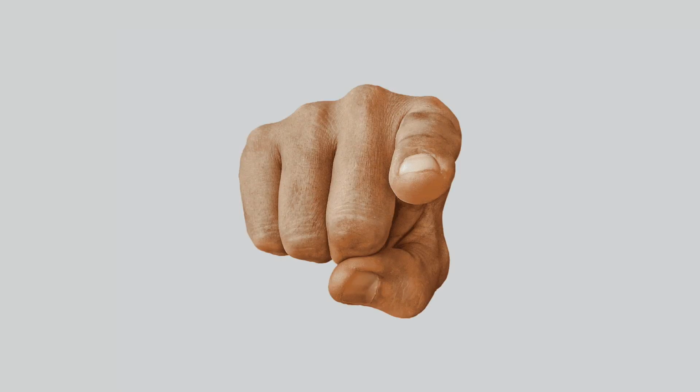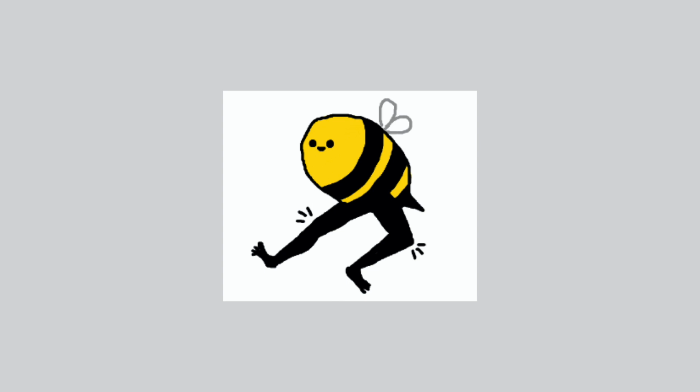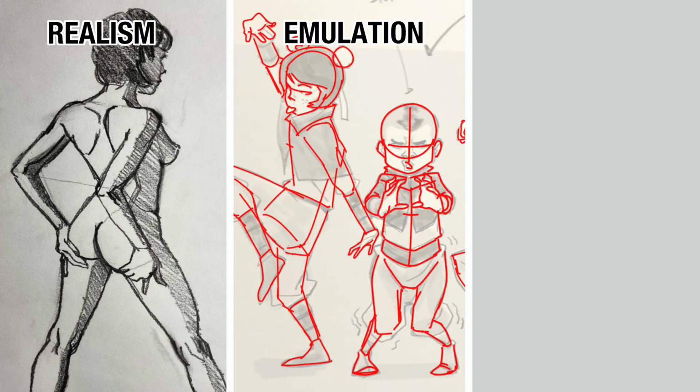But what if I told you that you too can develop your own cohesive style in just 3 steps? Why, that would be the bee's knees, you exclaim into your phone and/or computer monitor. The 3 steps or categories that you'll be taking part in during your stylistic journey are as follows: realism, emulation,